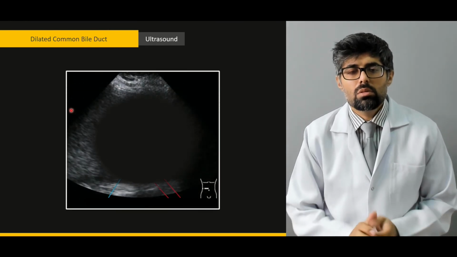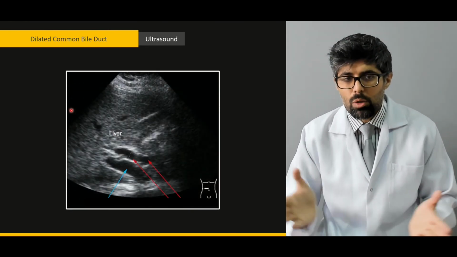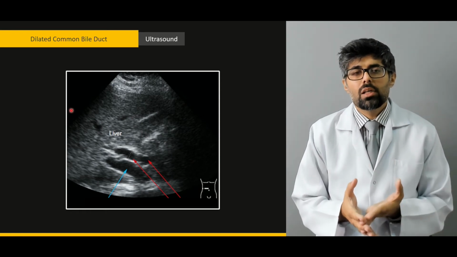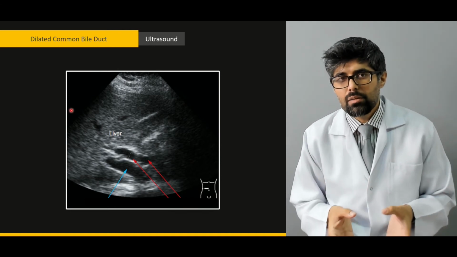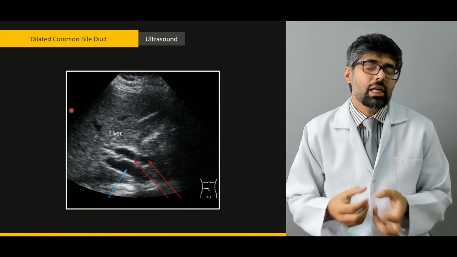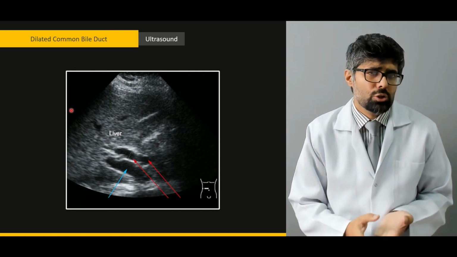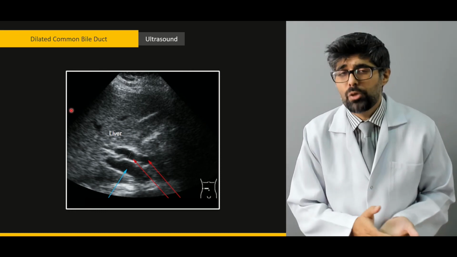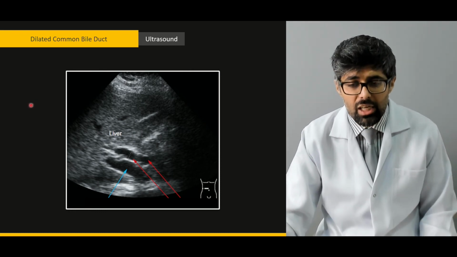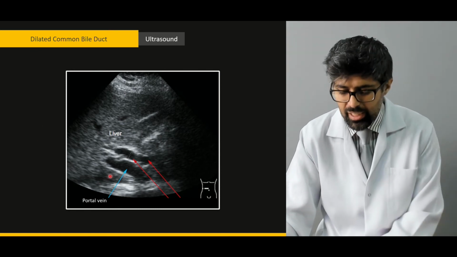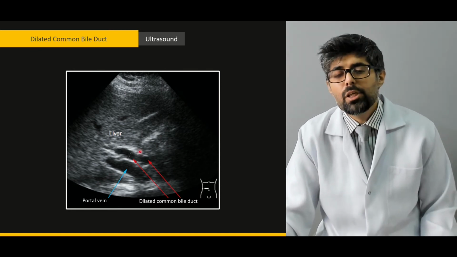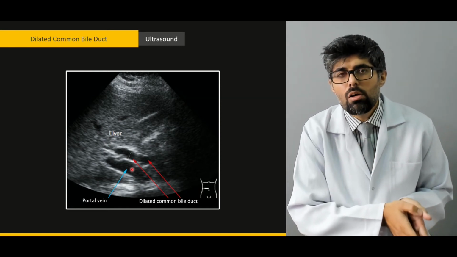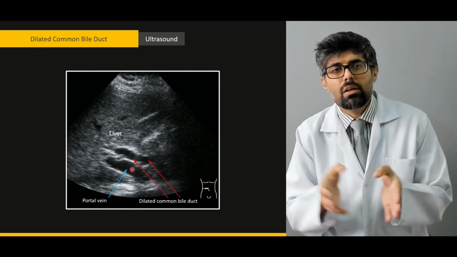Now, let's talk about the common bile duct. If the common bile duct is dilated outside the liver, it is usually due to either a gallstone or an ampullary mass or stenosis or some kind of tumor. But if it's dilated inside the liver, it might be due to some hepatic tumor which can press on it and cause